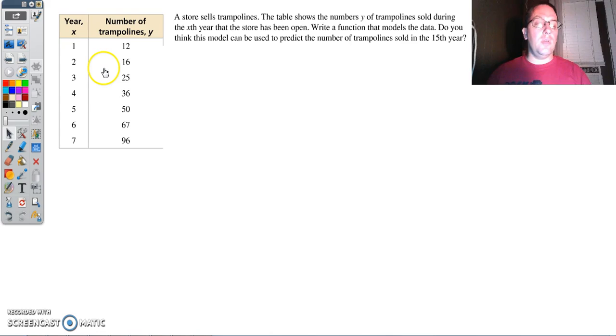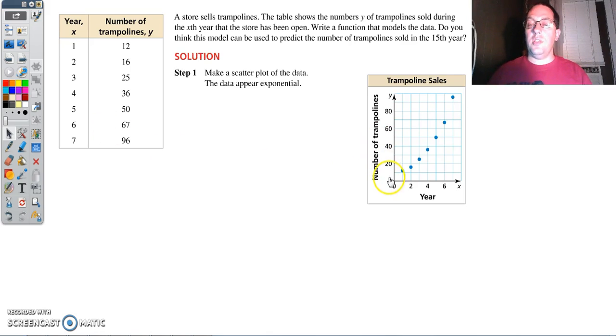So what we're going to do first, if we have this data, it's real-world data, we want to put this in a scatter plot. So here it is in a scatter plot. And we look at this and we see that it's increasing pretty rapidly, right? Each one is getting way faster than the other, a lot bigger increase. So this is exponential,